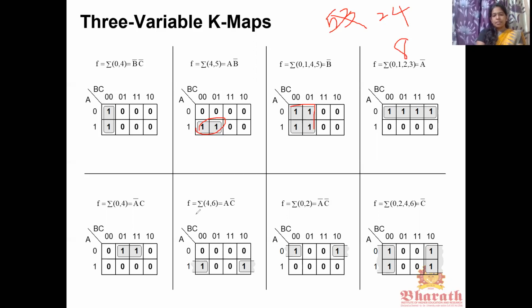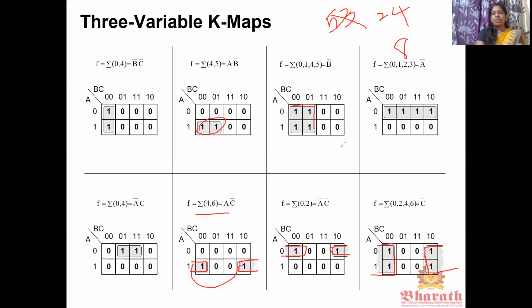See in this example, 4, 6. Here you are having 1. Here also you are having 1. So as I already told, for this cell, this is the adjacent cell. This is also one of the adjacent cells. So you can group like this. So for this also, first cell, last cell is one of the adjacent cells. So you can group like this. See here, these two can be grouped like this because these two are the adjacent cells. We can group 4 ones. Okay, these are the grouping.